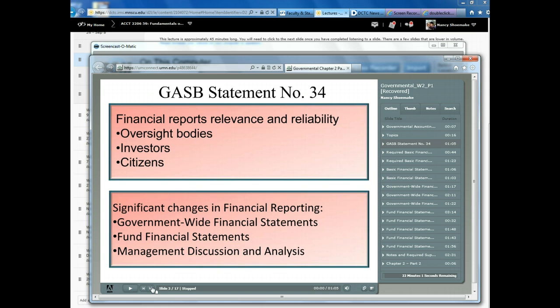So as a result of Statement 34, they want for all these different kinds of people who want to look at the statements,